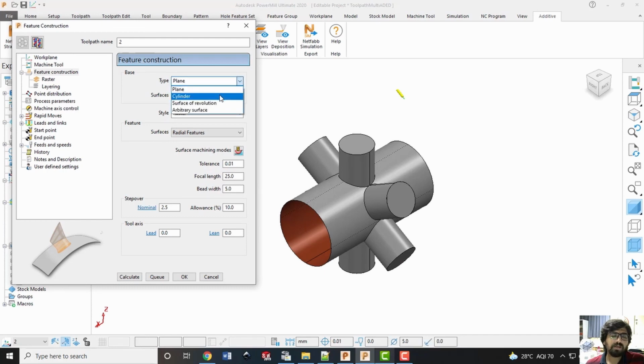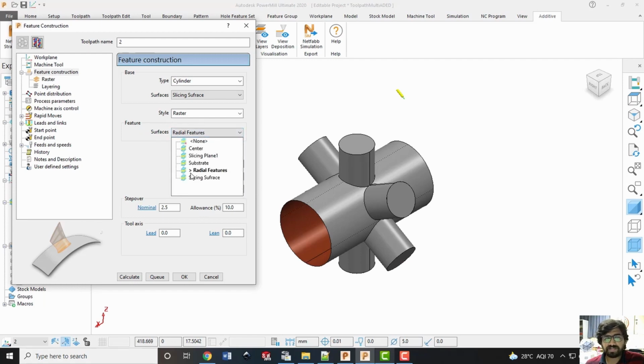And also my surface for slicing is not a plane which we selected earlier. Instead it will be a slicing surface, which is nothing but the cylindrical surface now. Also the features are these radial features and it is already selected here. The tolerances, focal distance, bead width and step over I'll keep the same.